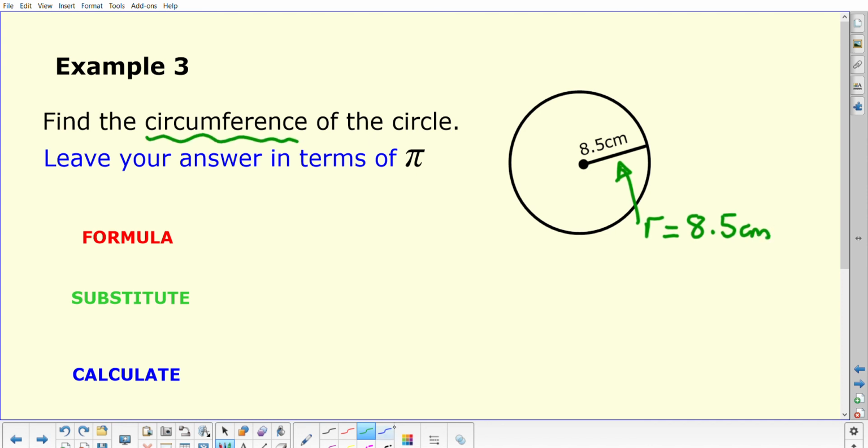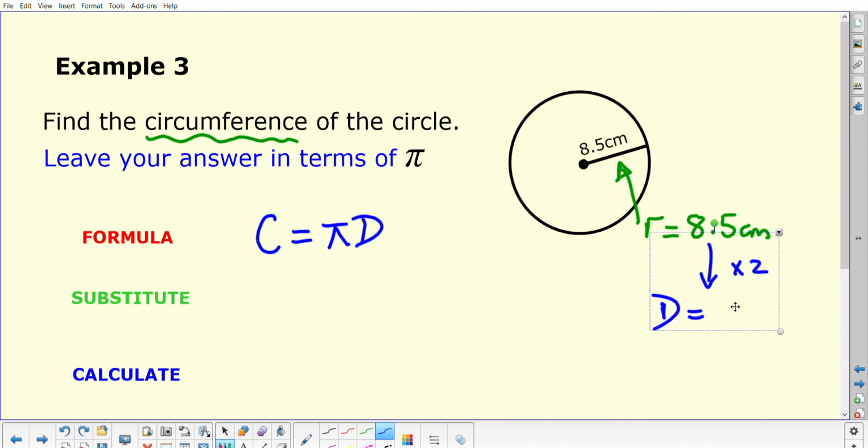The formula that we use for the circumference is C equals pi d, so it's the diameter number that I need. So I'm going to have to start first of all by multiplying that by 2 to get my diameter, which would be equal to 17, right? 2 times 8.5. So when I substitute that into here, I'm just leaving the pi symbol again, putting in 17,